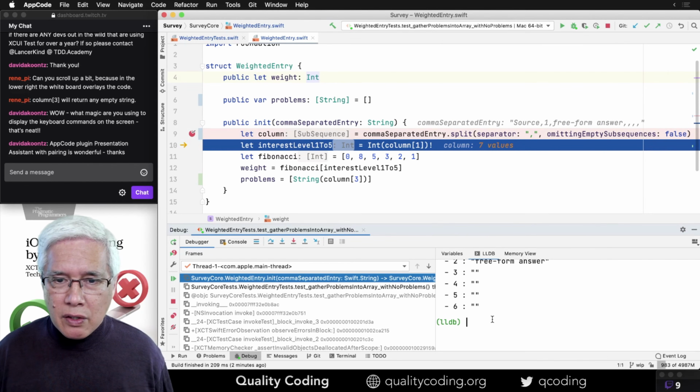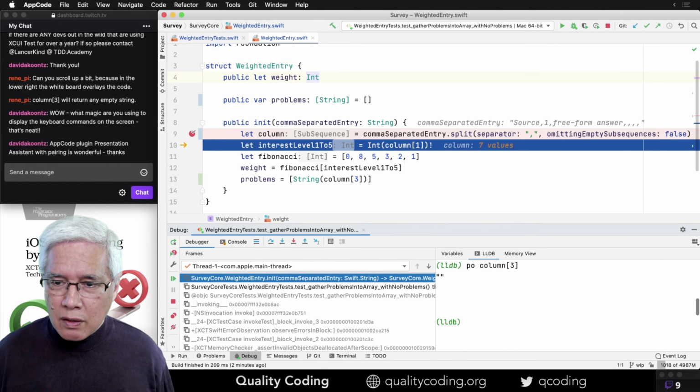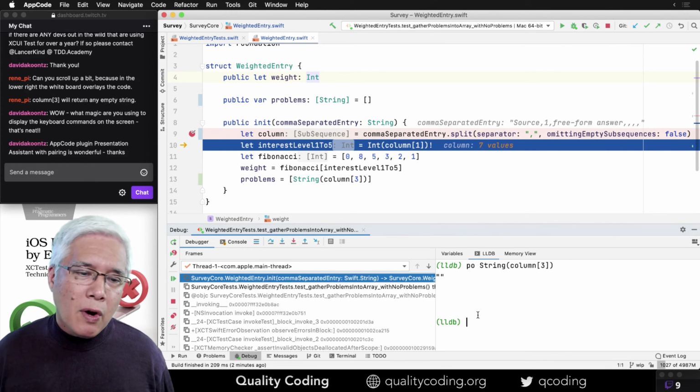So if I take column 3 and turn it into a string and an array, that seems... Oh, I see.